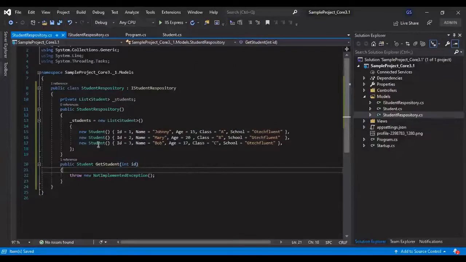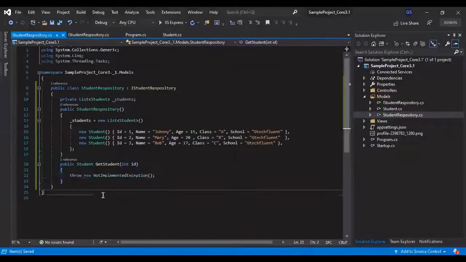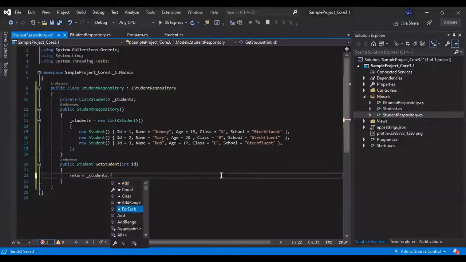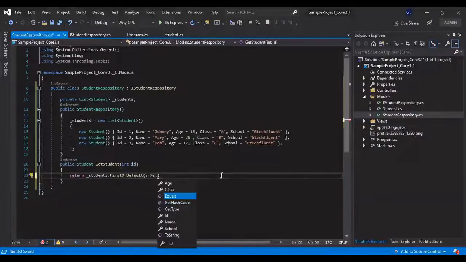So we have now created the data which is returned from here, and from our method just return the student of this ID. So just return _student.FirstOrDefault, ID equal to ID.